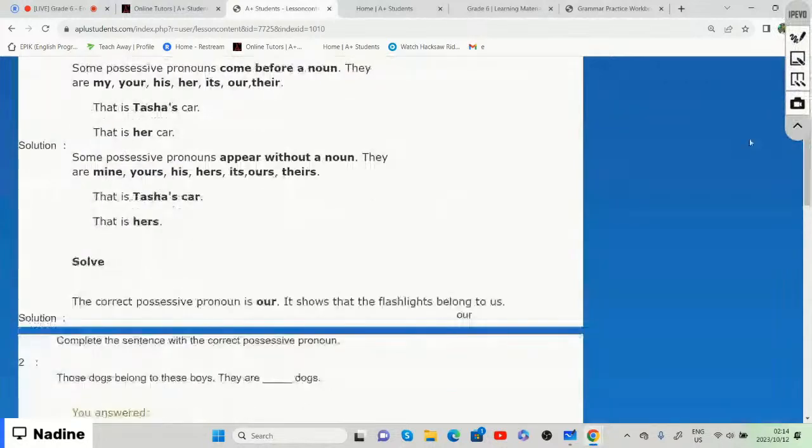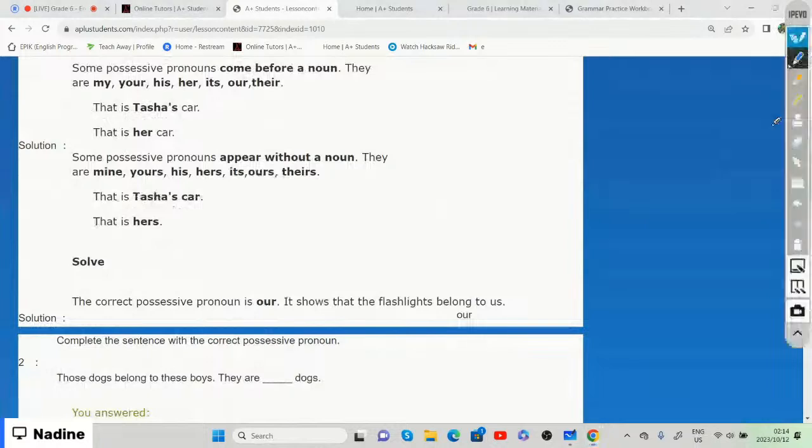So some possessive pronouns, we said, appear without a name, right? If it appears without a name, for example, they are mine, yours, his, hers, its, ours, and theirs, right? These are the possessive pronouns that appear without a name. For example,